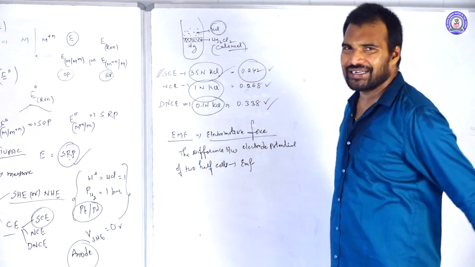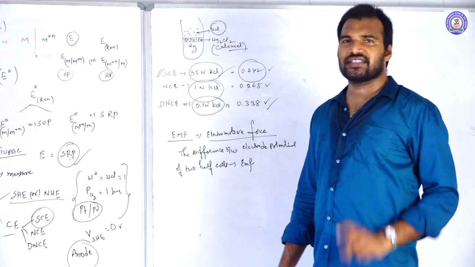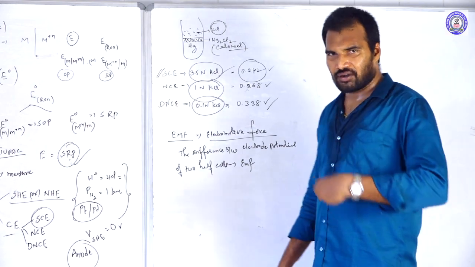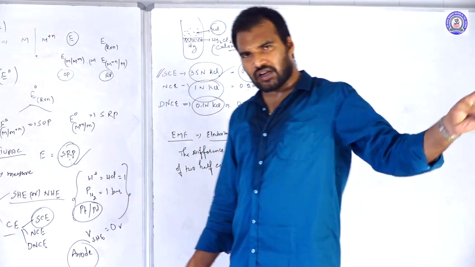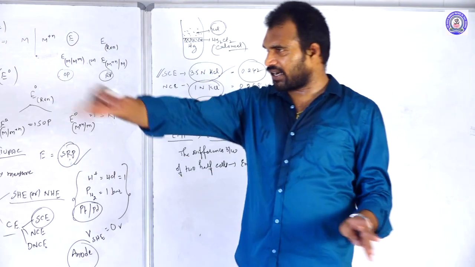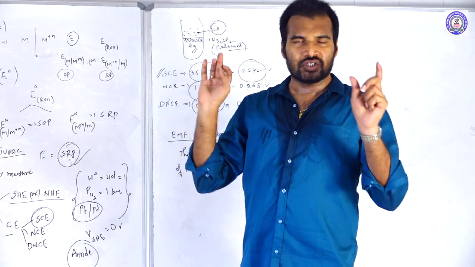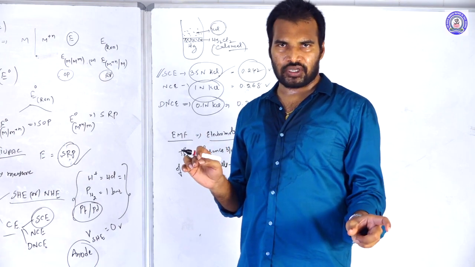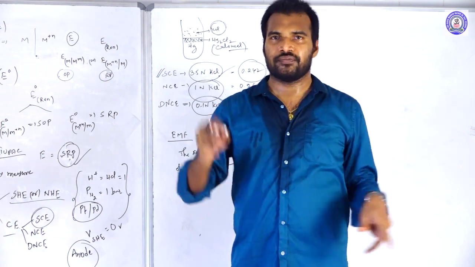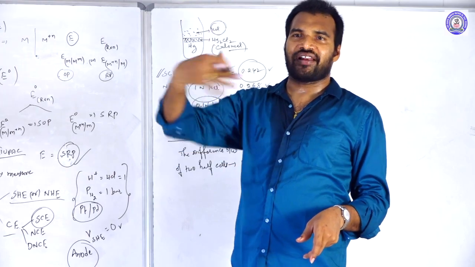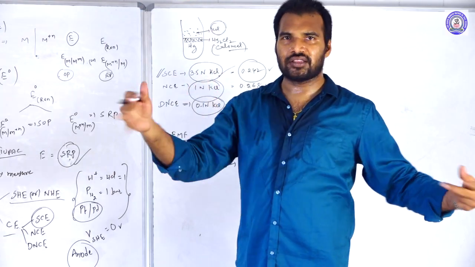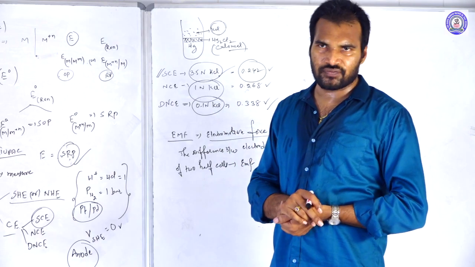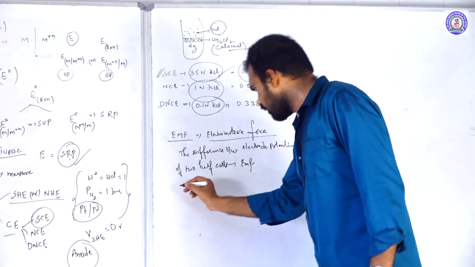How do we calculate the voltage generated by the cell? There are three formulas. You know that the left half cell is the oxidation half cell and the right side half cell is the reduction half cell. So if they give the standard oxidation potential, SOP, of the left side half cell and the standard reduction potential, SRP, of the right side half cell, anode to cathode, then simple logic,